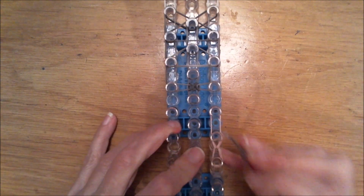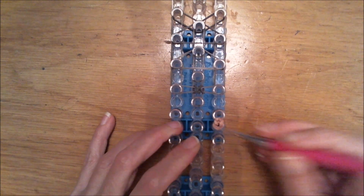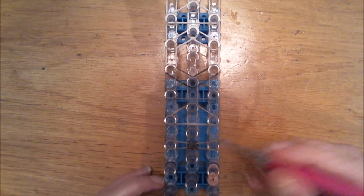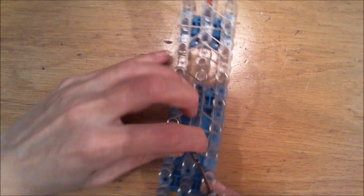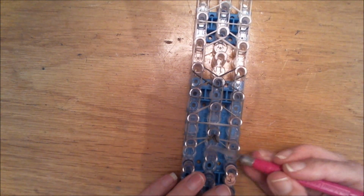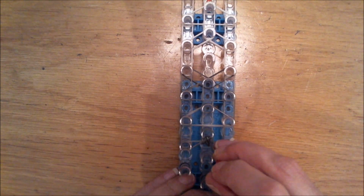There we go. Loom and leave it on your loom for now. And let us continue with the bottom part of the jaw. Loom over this one first. Try to get that band in between and loom over like this. This is how it's supposed to look. And then loom up